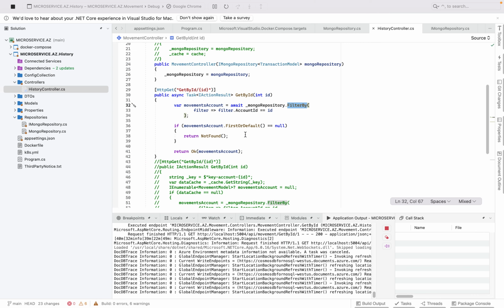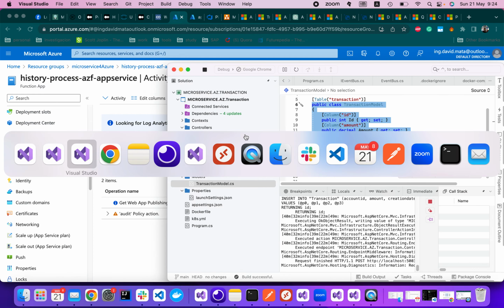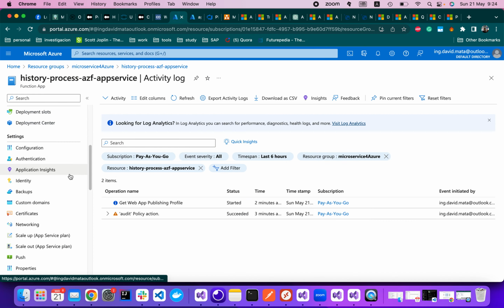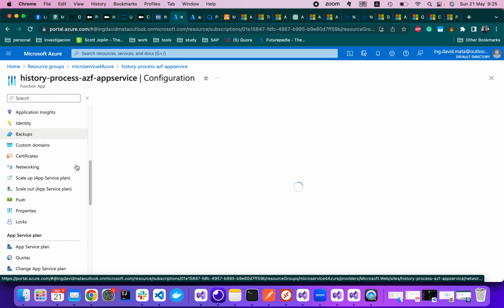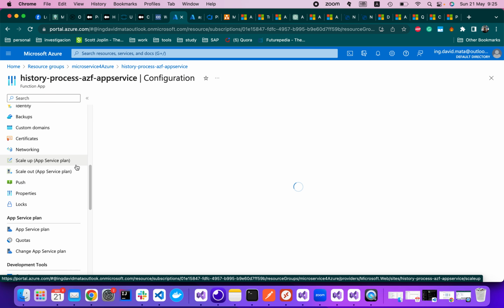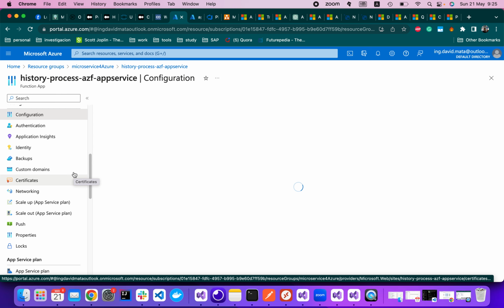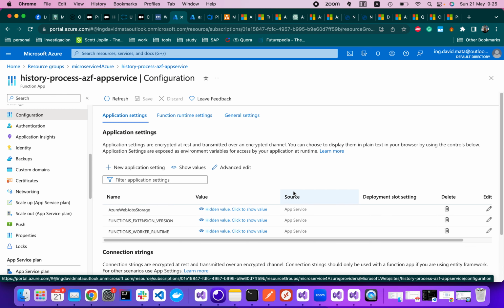So the first step that we need to do is configure. We need to add a new application setting,